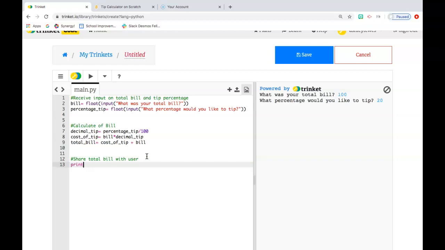We are going to use this print command, and whatever we put after it is going to be printed over on the right-hand side, along with where we answered our input questions. We will need to combine a few different pieces as we use this print command. We're going to be merging or combining strings, and we refer to this as concatenation in Python. So let's go ahead and share: your total bill, including tip, is,